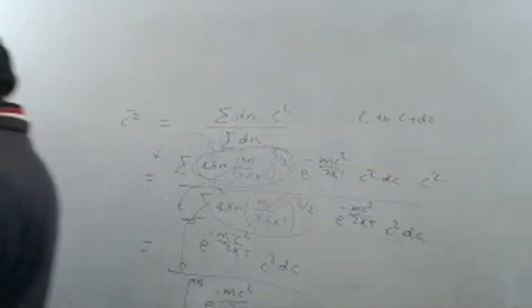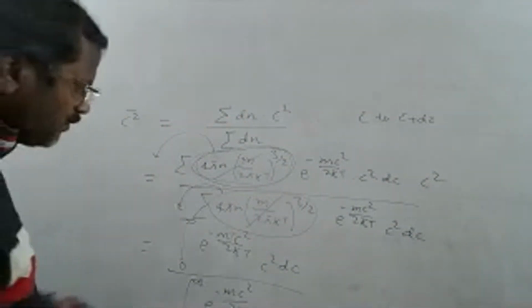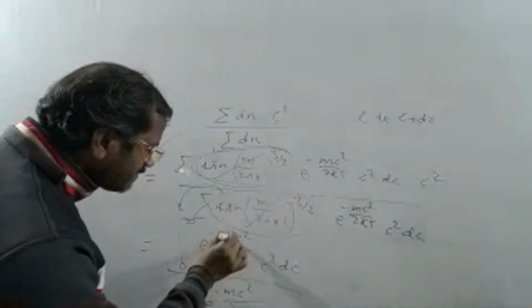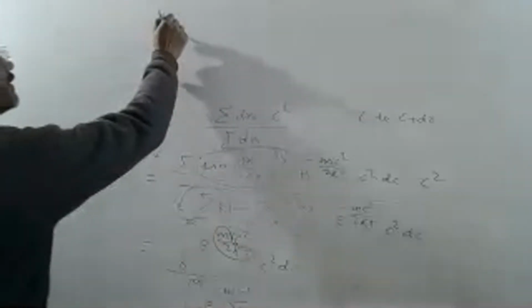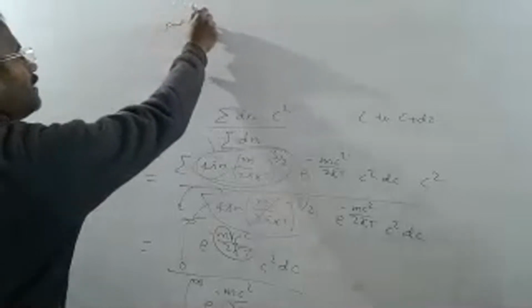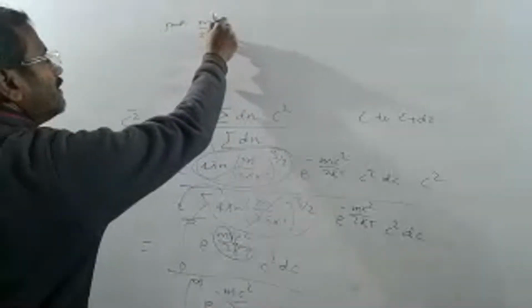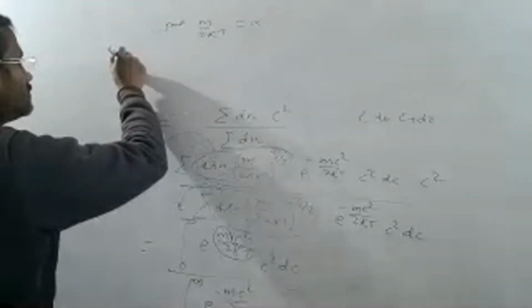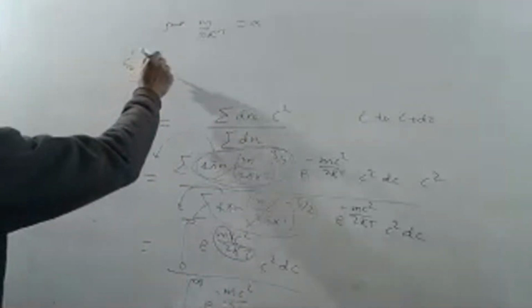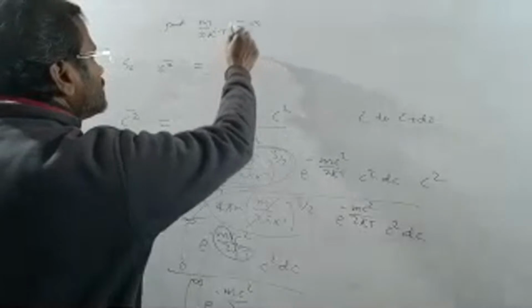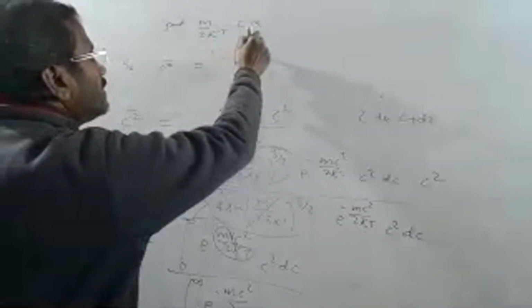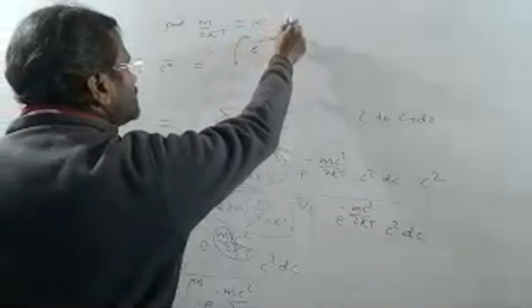So now you will start to calculate this integral. Suppose here in this case, if we take m by 2kT as alpha, now put m by 2kT equal to alpha. So